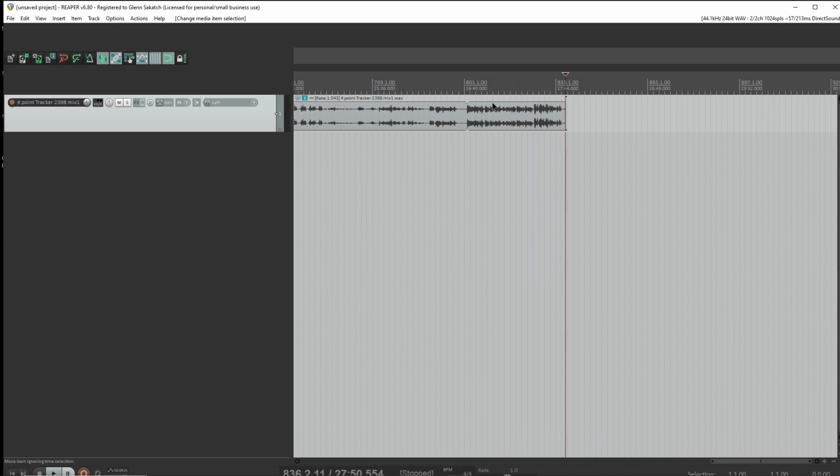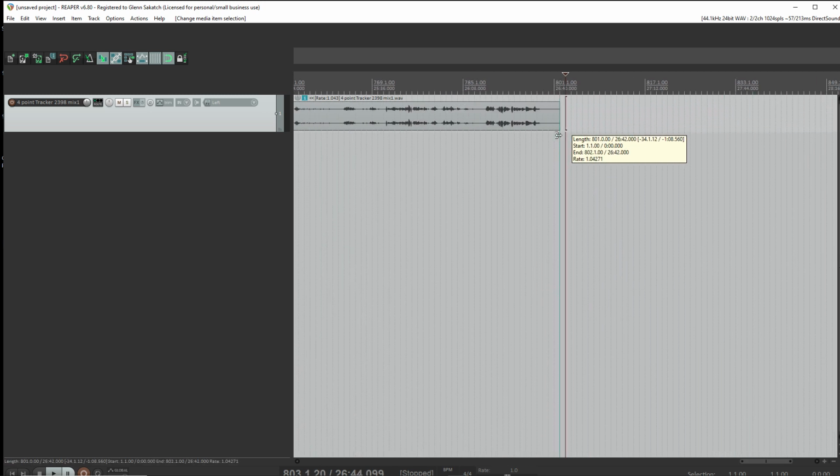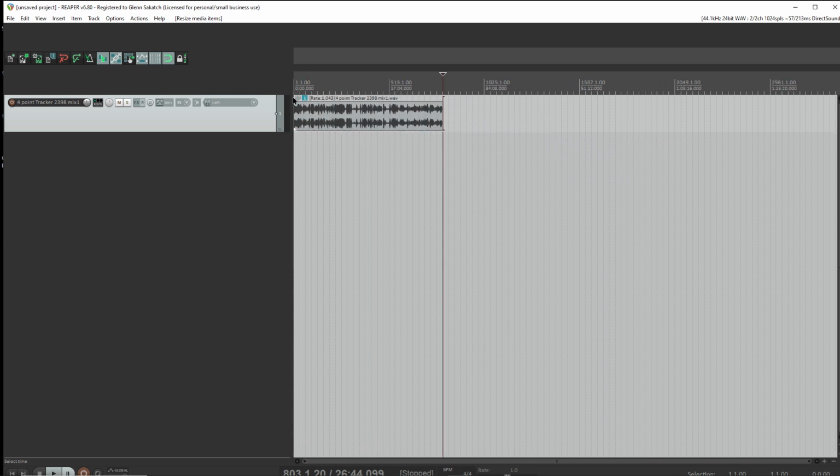And what Reaper has done, because we have sped this clip up to get it to match our new frame rate, it has taken this amount of audio from the beginning of the file and repeated it at the end of the file to make up that space. So it doesn't just leave a blank chunk at the end of that space, it actually loops the file. So we're going to trim this back. We don't need that audio, so we're going to trim this right back to where that wedge is. And this is now a 25 frames per second